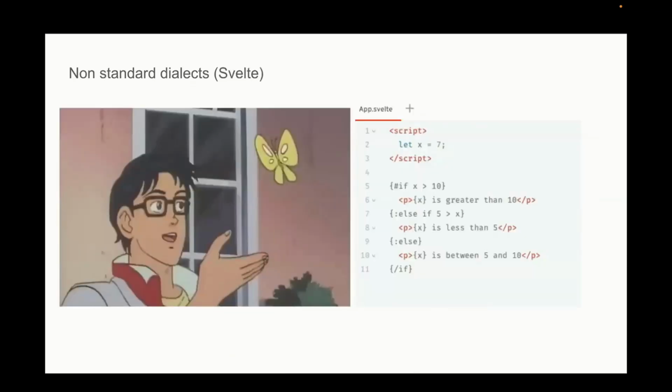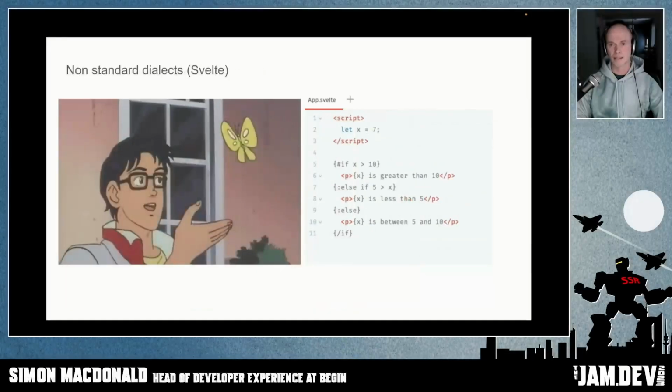And then another way of doing things is introducing a completely new programming language and then using it to compile down to web standards. So that's the thinking behind Svelte. And it has all the same problems of a templating language. It's like HTML, it's like JavaScript, but it really isn't. Now, you have to give credit to Svelte because they are very upfront with this being a non-standard dialect. And they stand by the idea that a compiler is a better solution because it can emit more efficient code. Okay, let's take a look at some of the compilers.